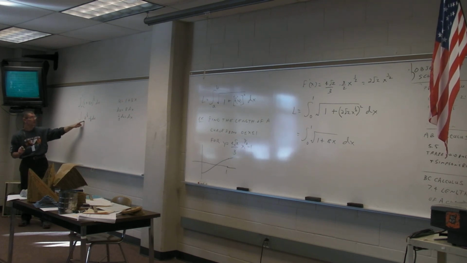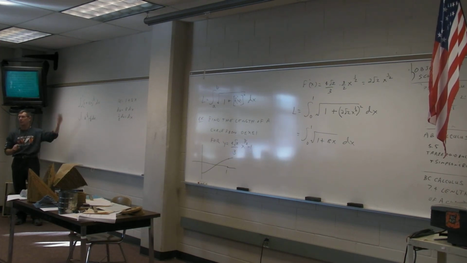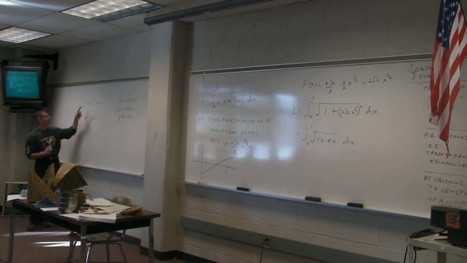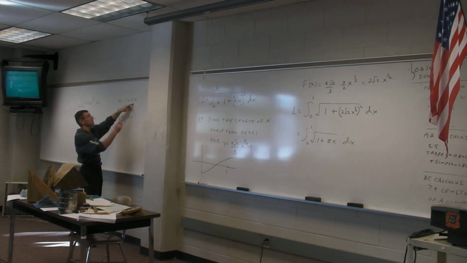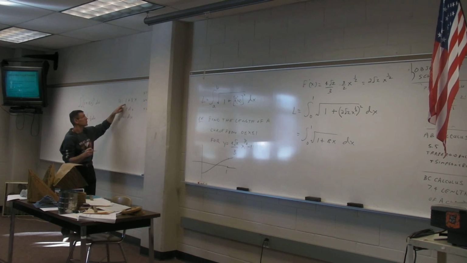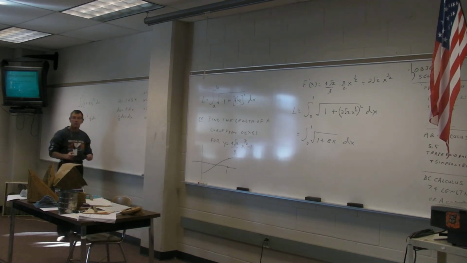One, figure out what the u's would be, or just leave it alone and then at the end, convert it back to x's. You with me? When x is 0, what's u? u is 1. When x is 1, u is going to be 9. So, if you do change it,